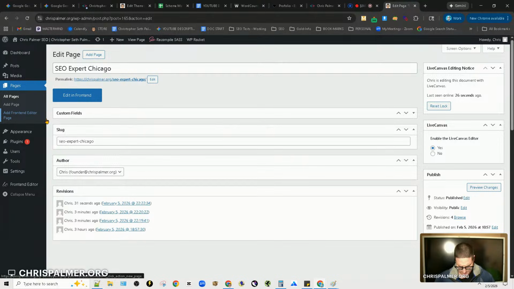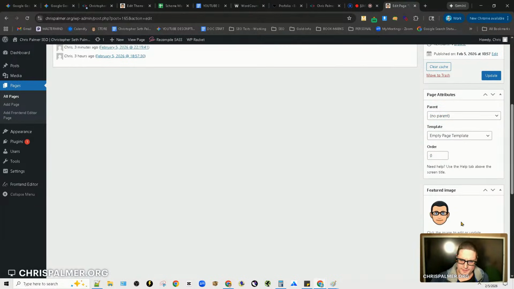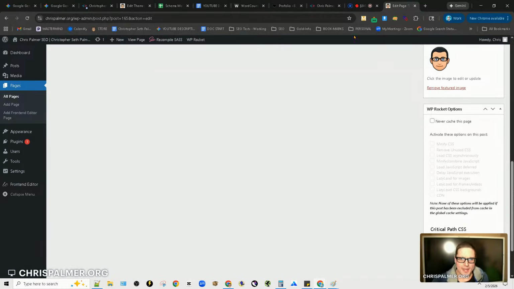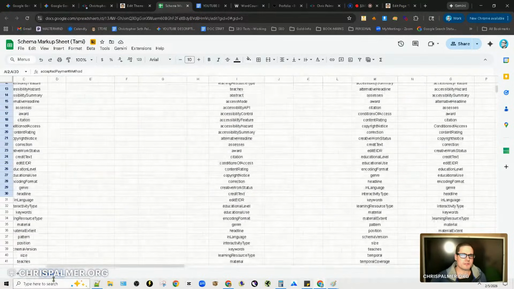So give me one second. We're going to set this up. So yes, we want to go ahead and take care of the images here. And I have a schema markup. Is it in this one? Okay, no, not this. So all of the enhancement schemas, I have a